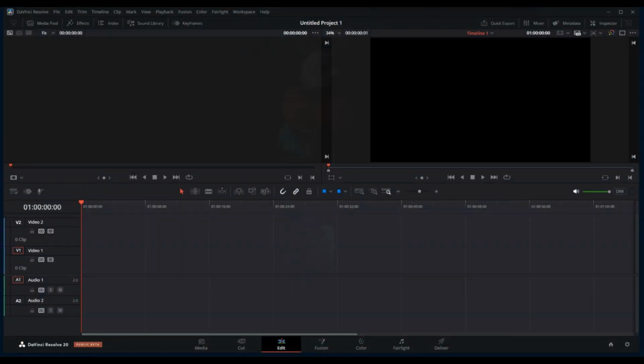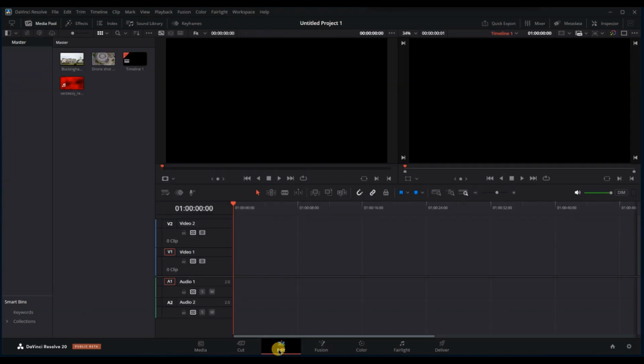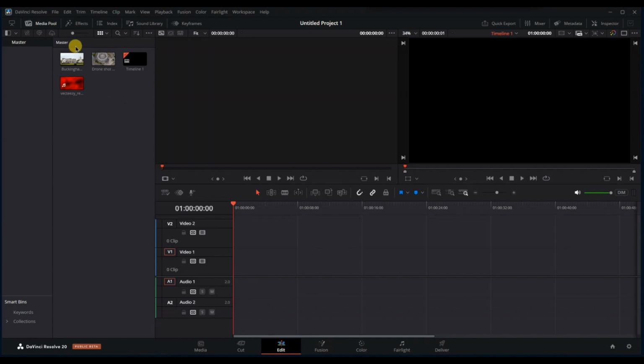First of all, open DaVinci Resolve and go to the edit page, which is where most of your timeline work will happen. You can find the edit icon at the bottom of the workspace, usually represented by a small razor blade. Next, look to the top left corner of your screen and click on the Media Pool tab if it's